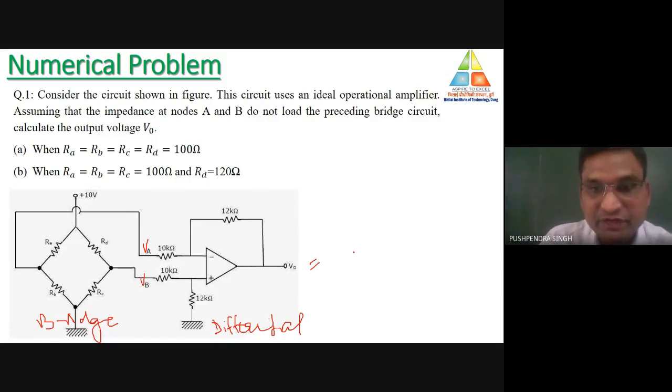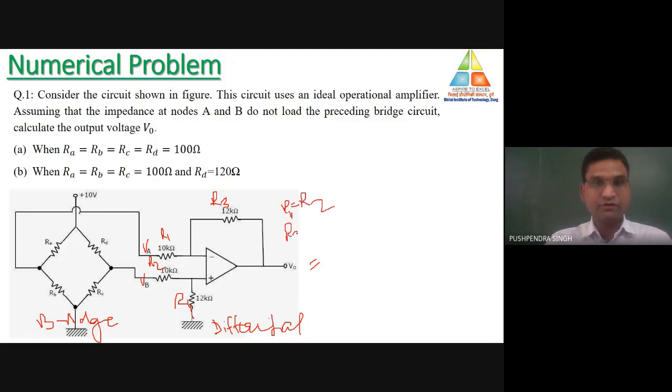In case of the bridge amplifier, what is the value of output if R1 is equal to R2 and R3 is equal to R4? We have already seen this relationship. This is your R1, this is your R2. So R1 is equal to R2 and R3 is equal to R4. On that condition,